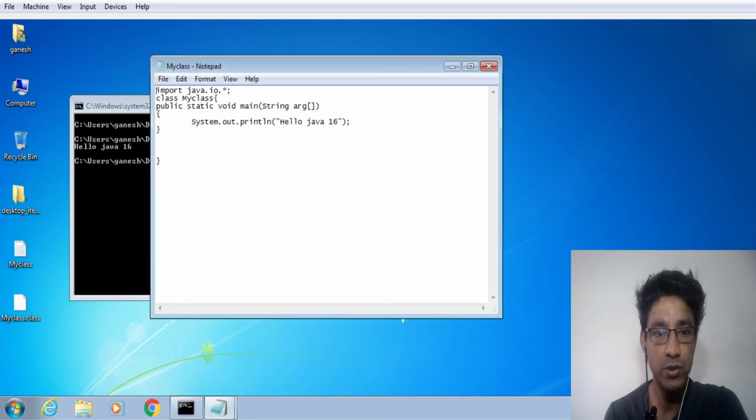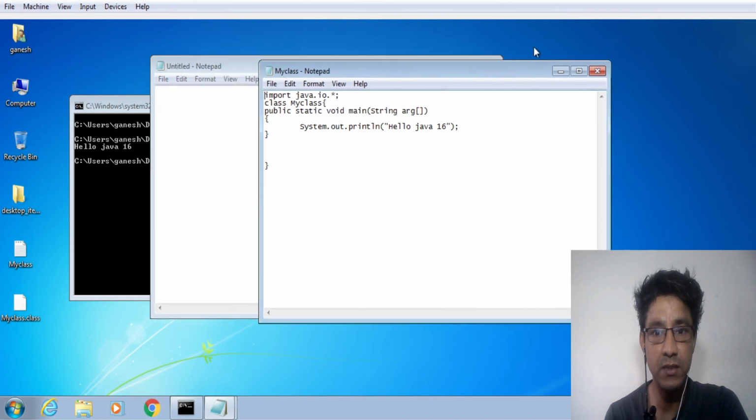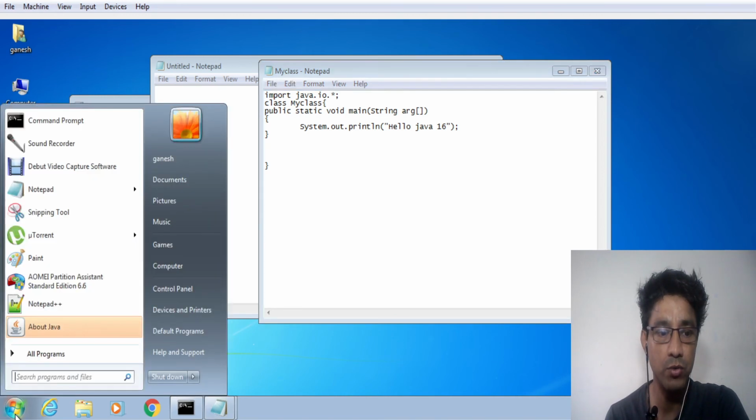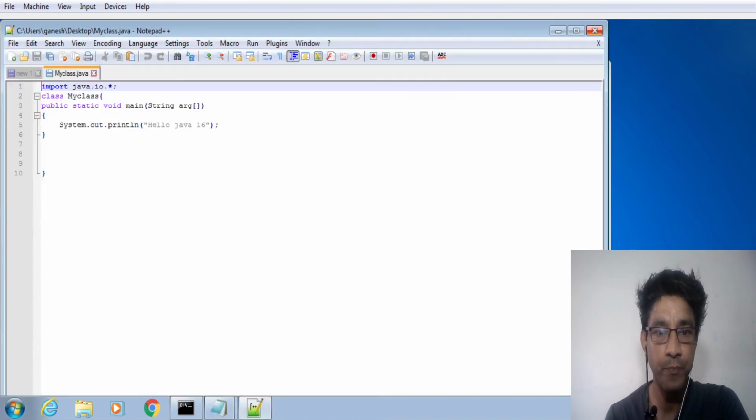I select Notepad. This is the normal Notepad, meaning it is not formatted text, it is plain text. So any editor for creating plain text you can use. I'm using Notepad, or you can use Notepad++ also. This is also one of the plain text editors.